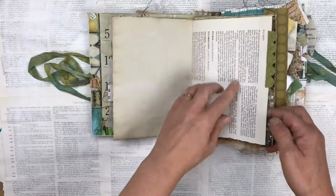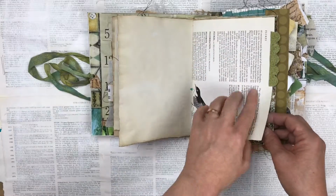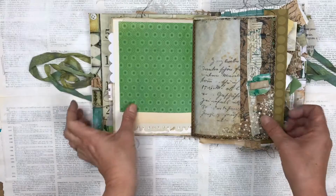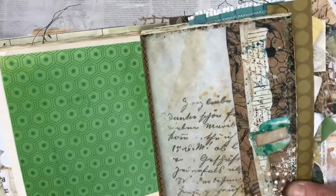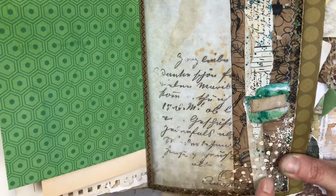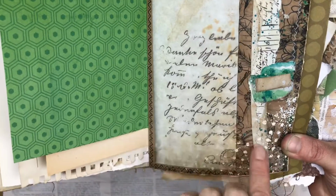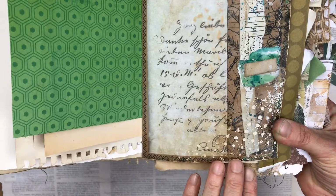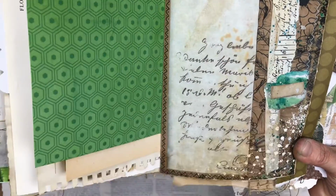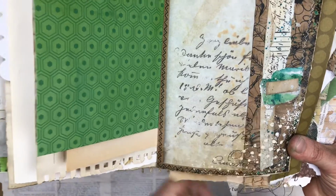Just an old encyclopedia page with a little tab, some pages, also the black that comes through, so you can use quite a bit of the black. There's a lot of colors inside the kit that you can incorporate into your journal. There's white, like a grey green, this beautiful brown,